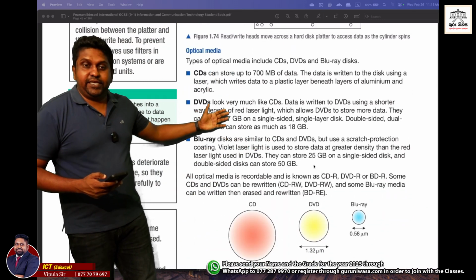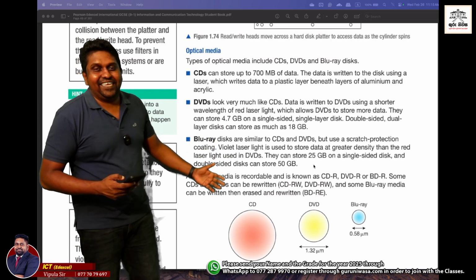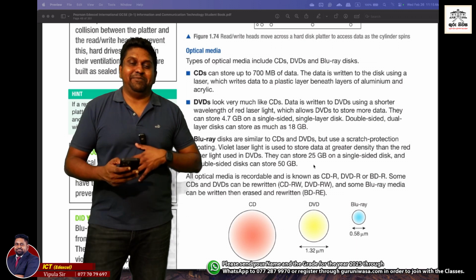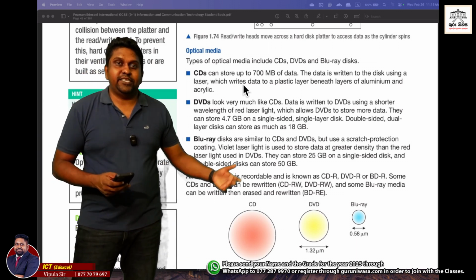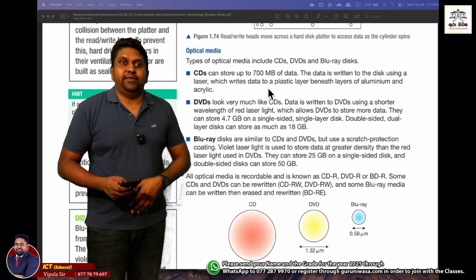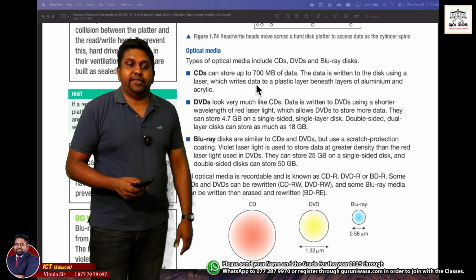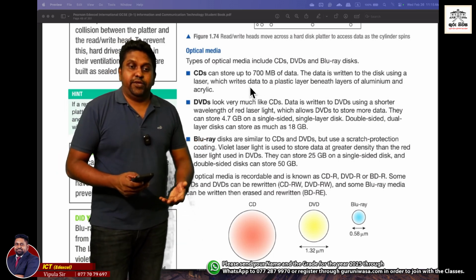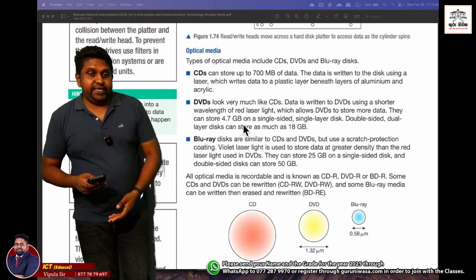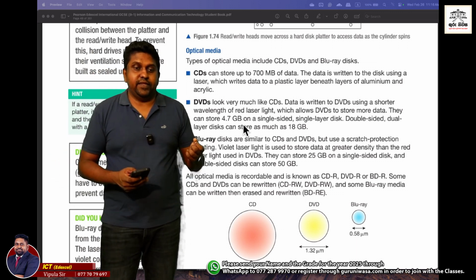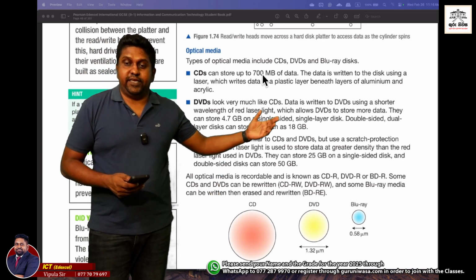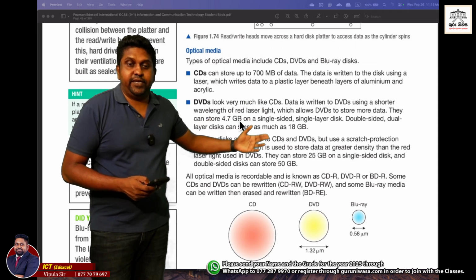So we do have CDs, DVDs and Blu-ray. CDs were implemented a long time ago, with a storage limit of 700 megabytes. You can't have anything more than 700 megabytes on a CD, a compact disc. But then we got DVDs. DVDs gave us a massive improvement from CDs, because CDs supported only 700 megabytes, and then the